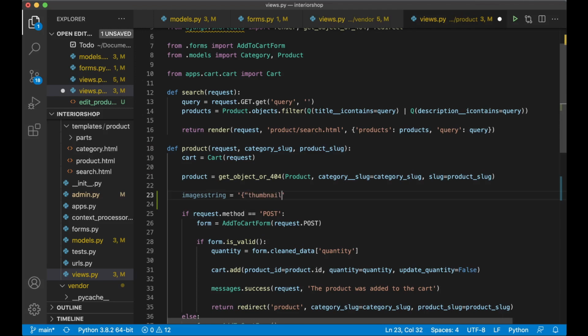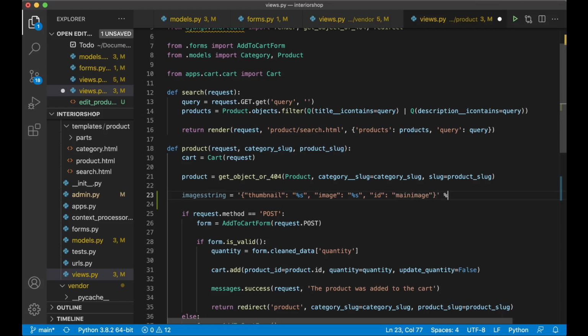Thumbnail colon, and then I use %s so we can add it at the end, and image %s, and I also want the ID for this, and that can just be main_image,